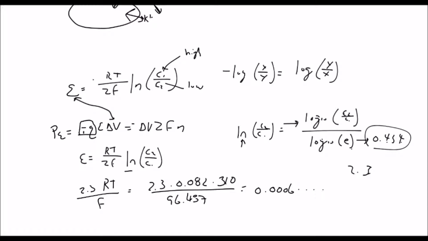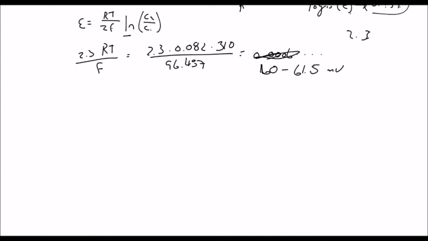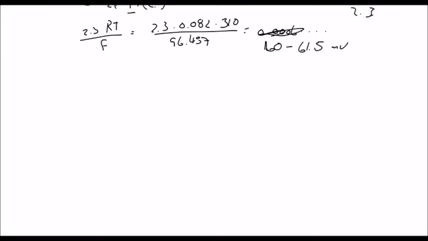We can convert this and just call it 60 to 61.5 millivolts. Now we can make that a constant because we're talking about inside the body, so the temperature shouldn't vary. So we can say that 60, depending on what book you have, it'll either be 60 or 61.5